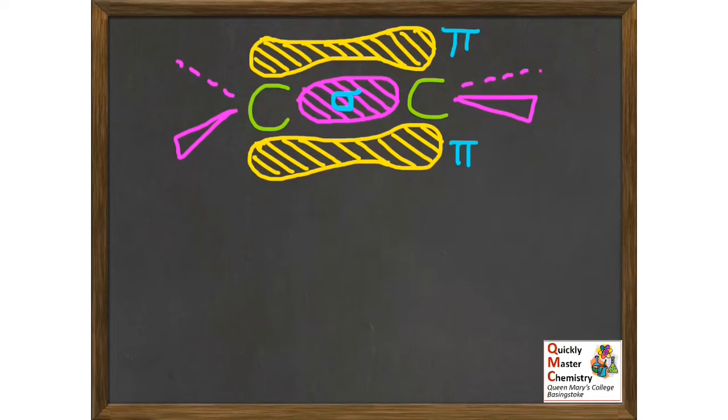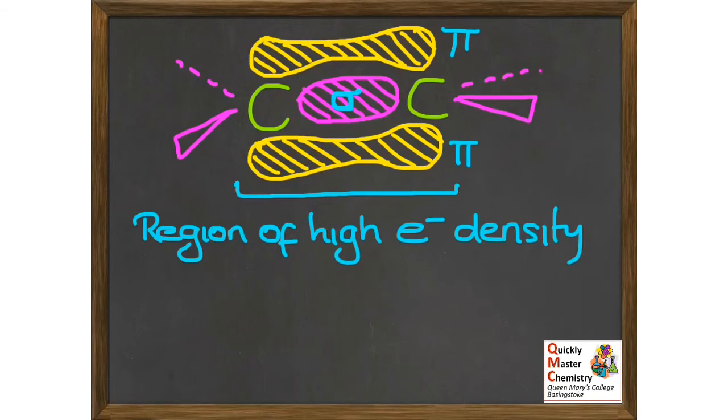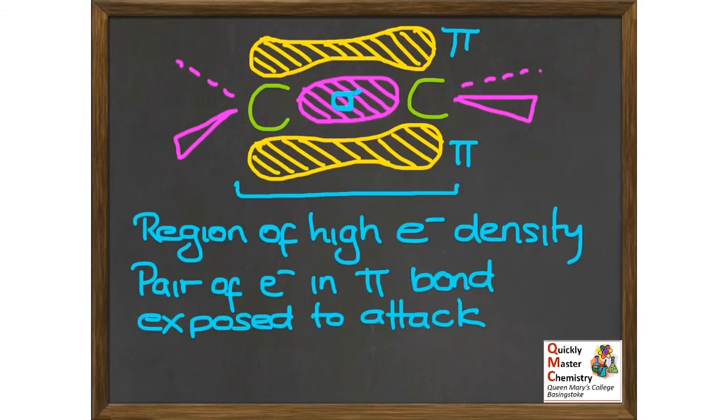Now, it's this double bond with its 4 electrons packed into it that gives us our region of high electron density. So this is the thing that's going to be attracting our attacker, the electrophile, in the reaction, and then donating a pair of electrons to it. And specifically, it is the pi bond, it's the 2 electrons in the pi bond that will actually take part in the reaction, because just visually looking at it, you can see they are more exposed to attack by an